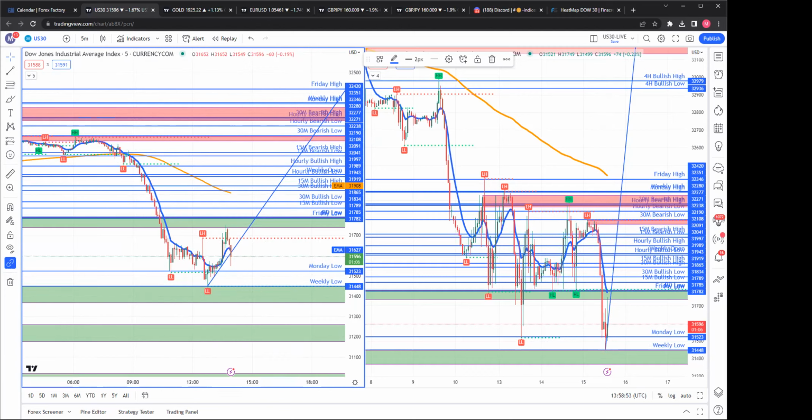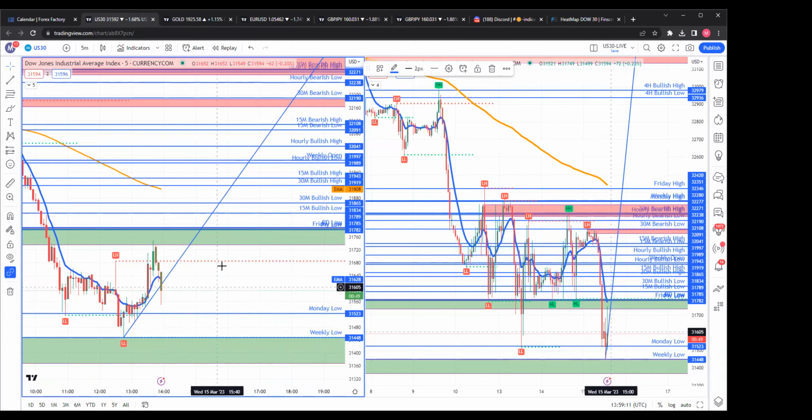So let's see if this trend line is going to hold. Right now we don't have any zones here for US 30 to trade. By zones, I mean any markup, right? We don't have any bullish or bearish zones. We only have Monday low, weekly low, and then we have the trend line. So if we are trading US 30 here, we have to use the demand zones and the trend line. Now, if price closes above this trend line,